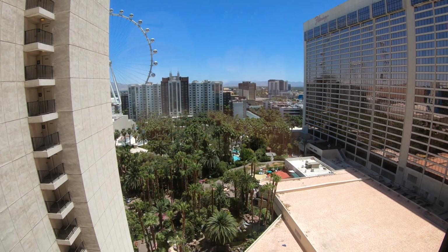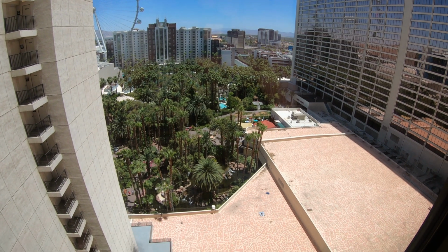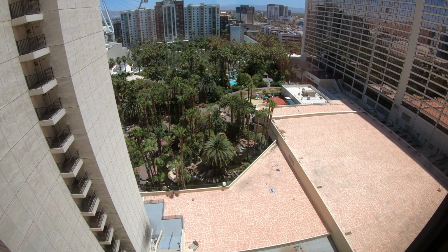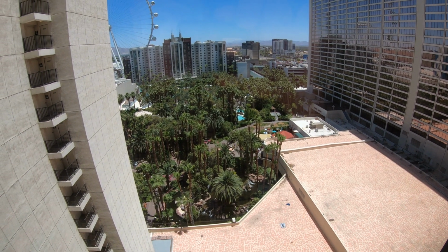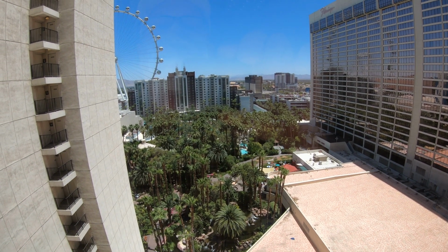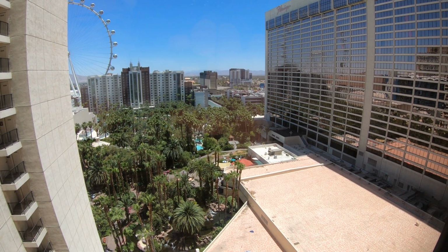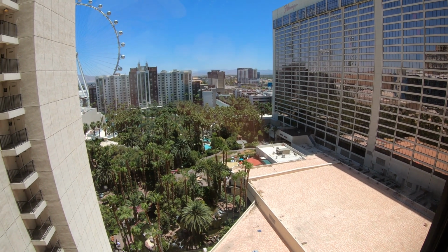It's not the greatest view, it's not of the Strip, but it's a great view of the pool. There's restaurants down there, Carlos and Charlie's, you can see. There's a video on this channel about Carlos and Charlie's. The observation wheel, and I'm dying to see this view at night as well, which I'll show you at the end of the video. The only issue I had with the view, and again I'm not complaining at this price,